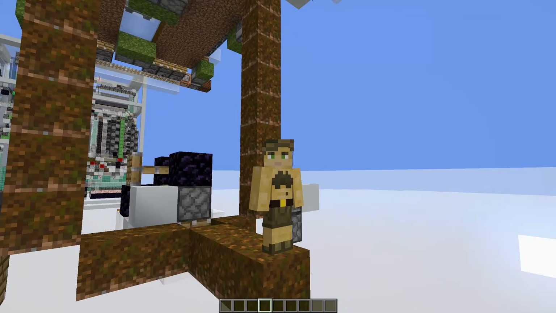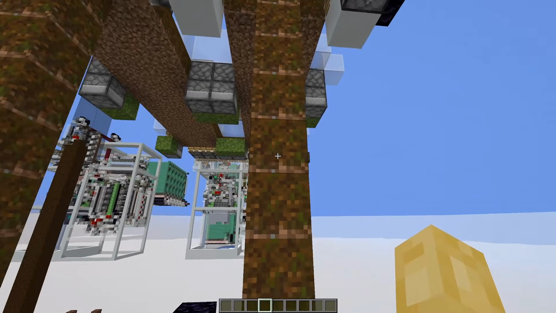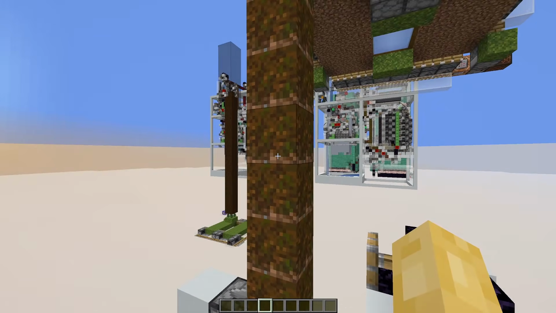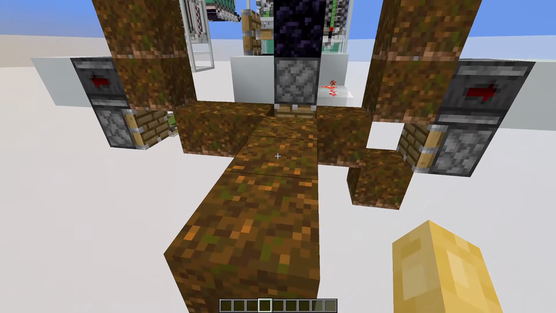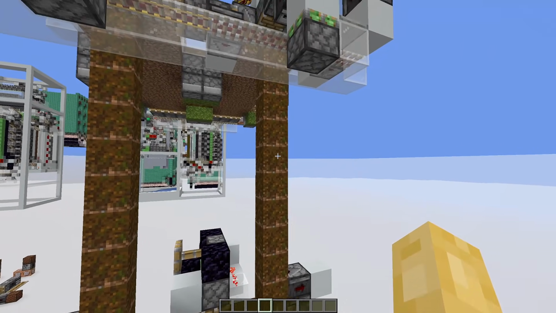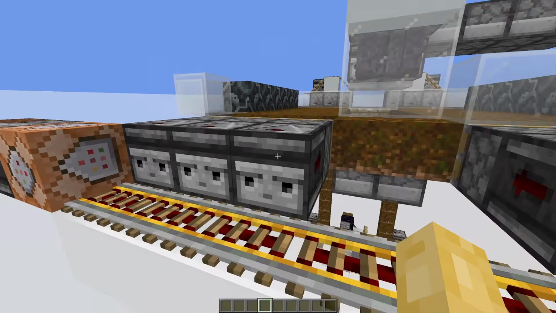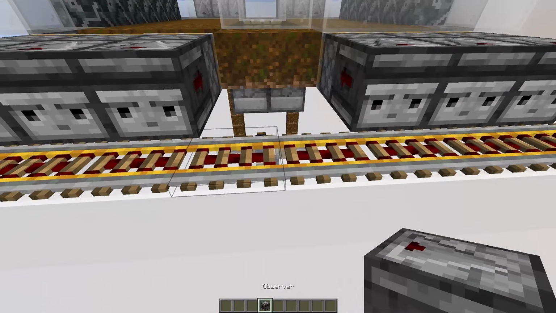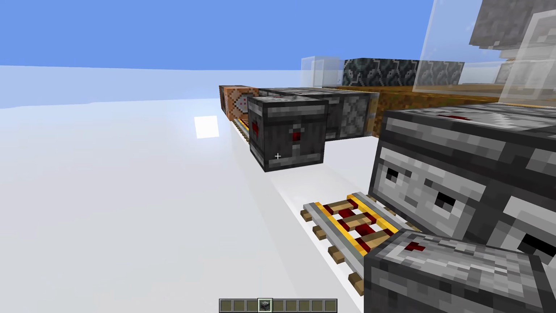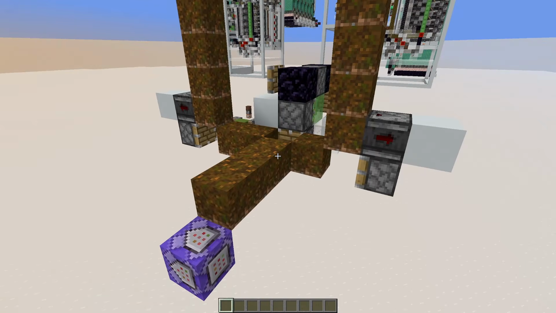There is a simple solution for this, however. We expect a block in this block stream to move every 8 game ticks, and a block in this block stream to move every 8 game ticks, and a block in this block stream to move every 4 game ticks. That means that all we need to do is offset these two by 4 game ticks. And that can be done all the way back here. If I just break out these two rails and put 1, 2, 3, 4 game ticks of delay between these two sides, we obtain